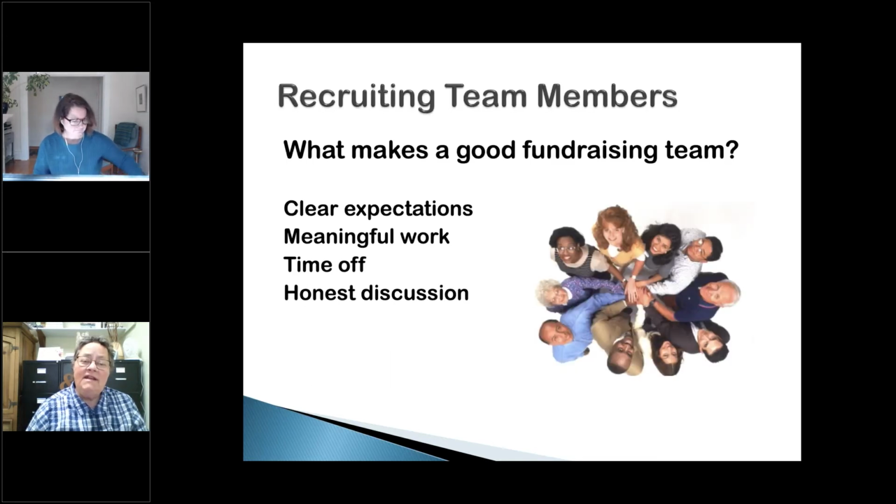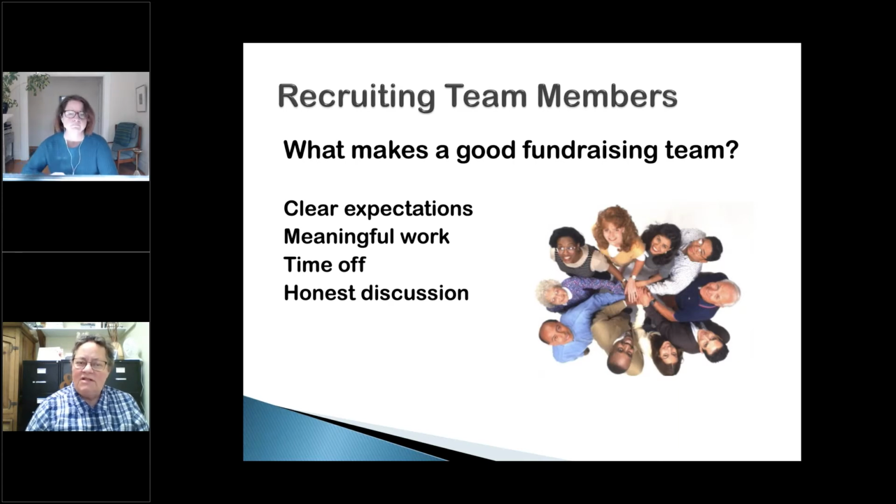The other thing is, of course, you need a team. And what makes a good fundraising team? Ideally, I suppose the fundraising team is a committee of the board, but let's face it, in real life, that's almost never true. It might be one or two good board members, but you can form a team. It doesn't have to be board members. It can be all kinds of people. They can come together to do a campaign. I do a lot of campaigns, raising a certain amount of money in six weeks. We put a team together, and they work really hard, and then they disband, so they don't feel like they're in for life, and they're willing to do it. There are all kinds of ways to work around a team. But what makes any good team?